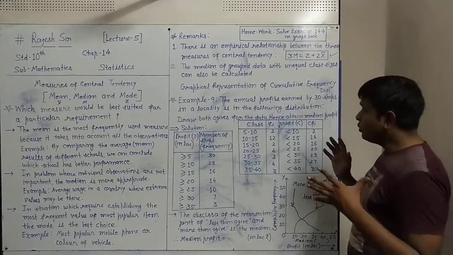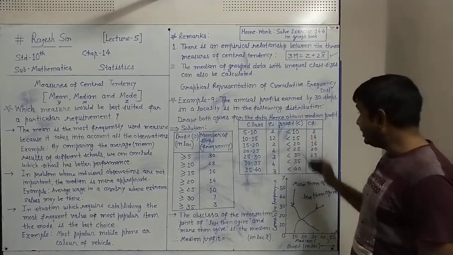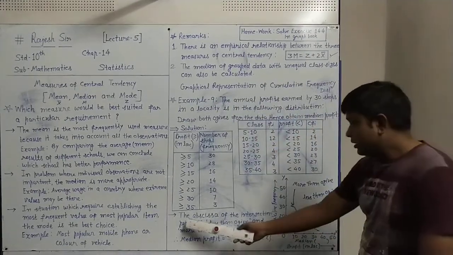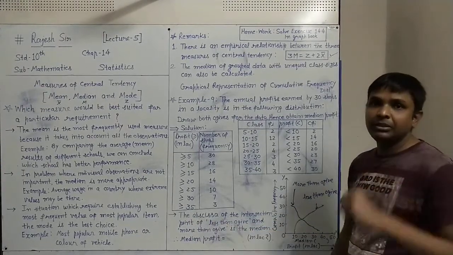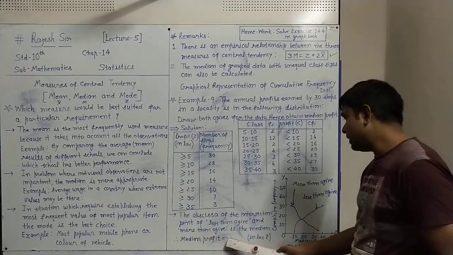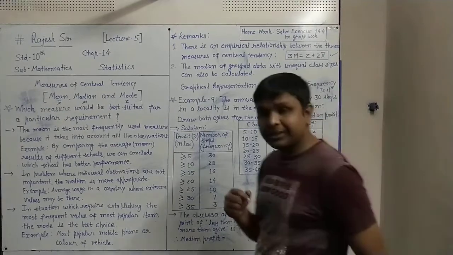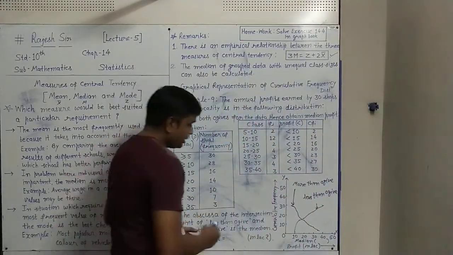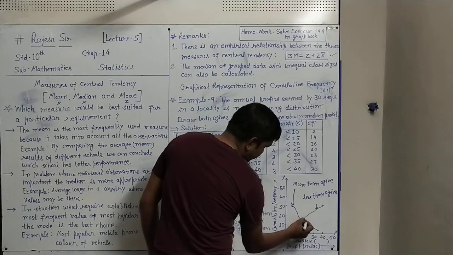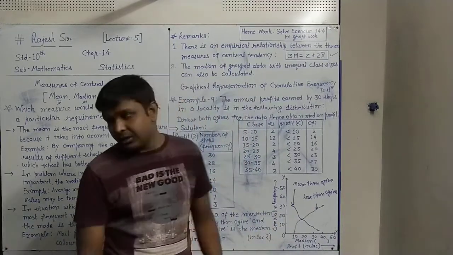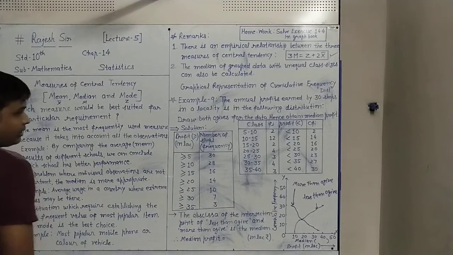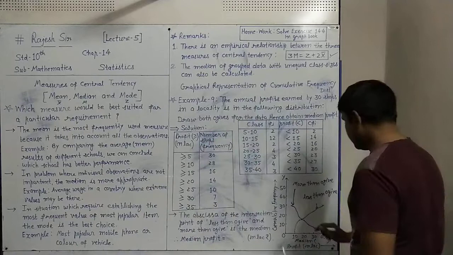And now what is the use of both the ogives? We can find the median using these two ogives. How we can find the median? That is here. The abscissa. You know, abscissa means the x coordinate of the intersection point of the less than ogive and more than ogive is the median. But first we will see what is the intersection point of both the ogives. This is more than, this is less than. This is the point where both the curves are intersecting each other, right? This is the intersection point.